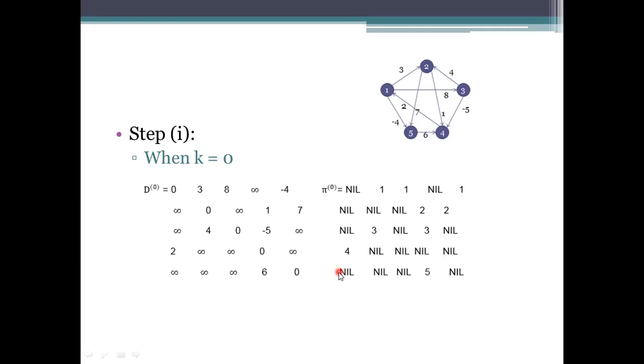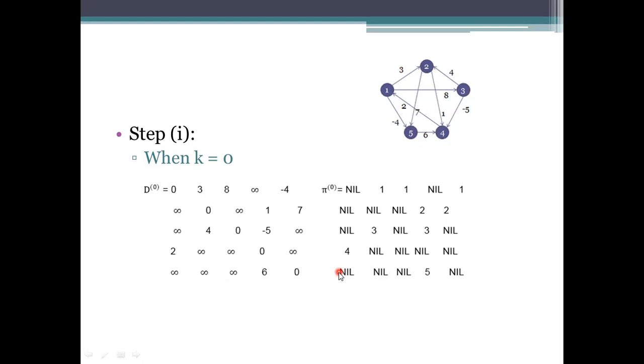How many vertices do we have in this example? 5. These 5 vertices have to be calculated at once, and we need to update. There should be a path from that vertex to the other vertex, and we are using an intermediate vertex here, only one intermediate vertex. So we should specify the graph in such a way, and we have two matrix representations, one storing the distance, and one storing the parent, from where the link has been taken.